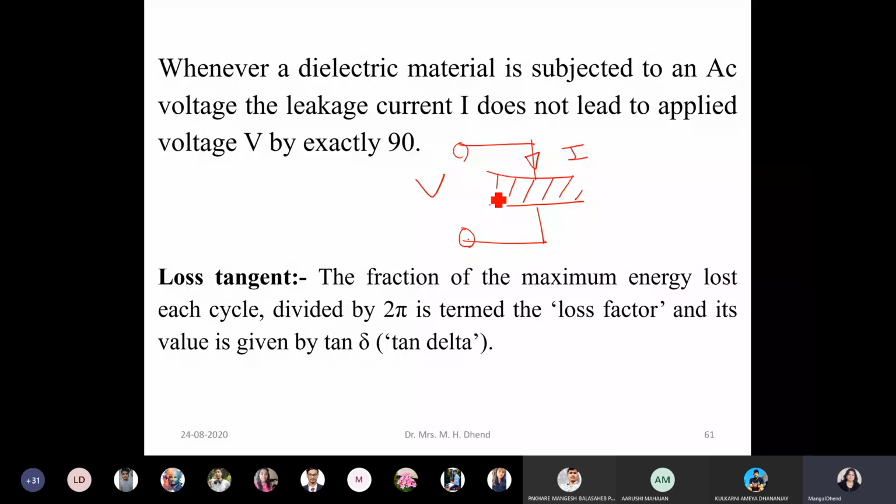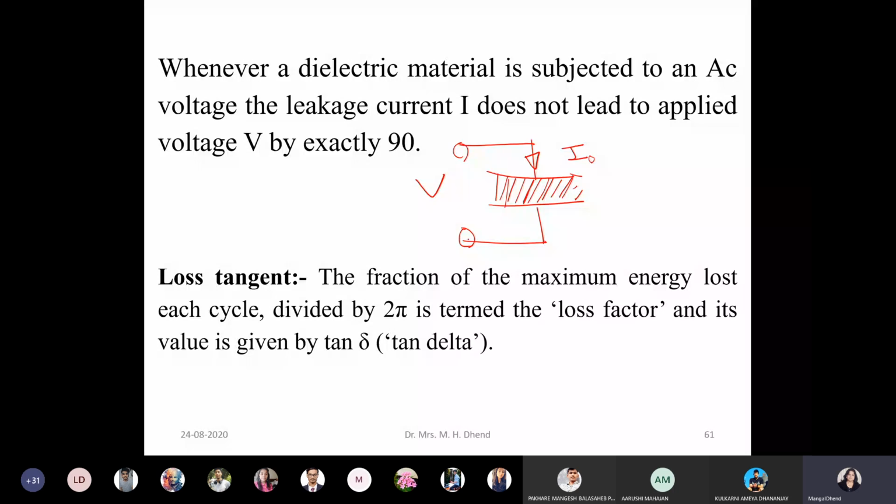Why is it said to be leakage current? Because we are saying the capacitor has dielectric material, meaning insulating material, so no current should flow through it. Whenever I apply some voltage, no current flows through the capacitor. But that is an idealistic condition, because no insulating material in nature is a perfect insulator. An insulating material should not allow current to flow, but always a leakage current will flow through it. Leakage current is represented by I0. Whatever current flows is very small, in microamperes or milliamperes, so it is called leakage current.